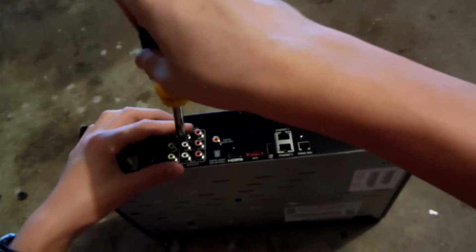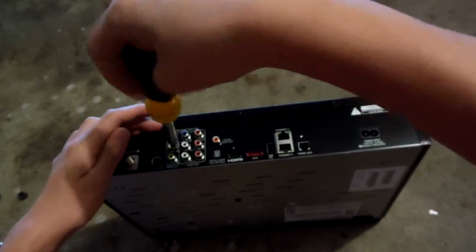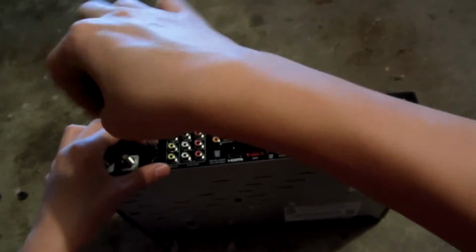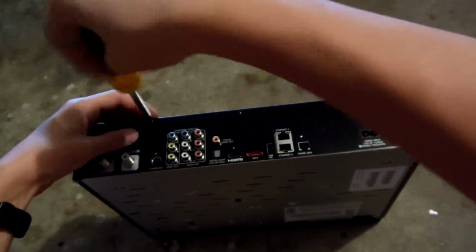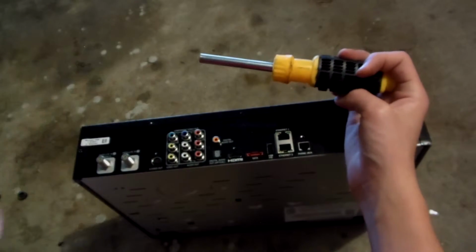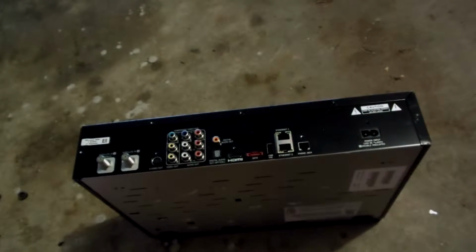So now we're just removing two screws that hold the component video ports together. They're very short. The S video port. That was quite long. And we're just going to finish up the case pieces. Now we're just going to undo